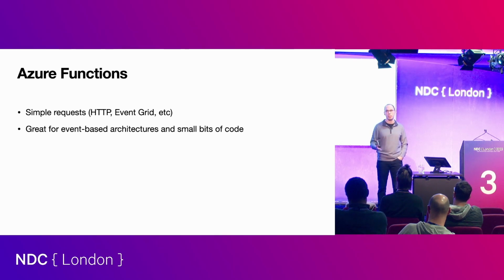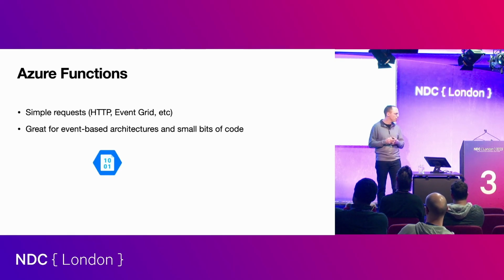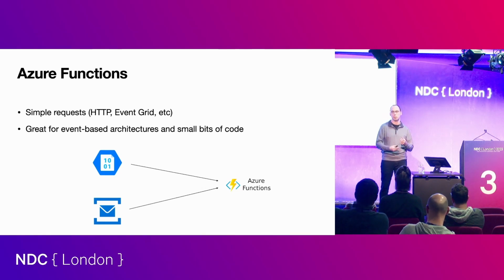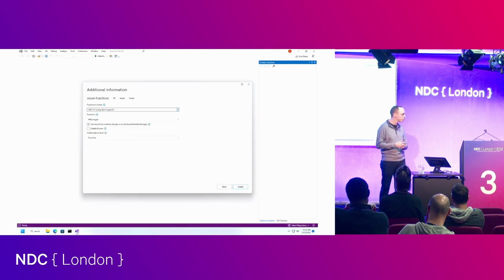I love it for small bits of code that are not necessarily business critical, or sometimes they are. And for events, really. I don't use Azure Functions a lot for HTTP. I do occasionally, but not often. This is where I think all three cloud providers that I know, all of their basic functions really shine when you talk about all the events that can happen within Azure as an ecosystem, not necessarily what happens in an Azure function. An Azure function is a means to an end, right? See a file dropped in, we're going to do something with it. There's a message on this message queue, we're going to do something with that message, right?